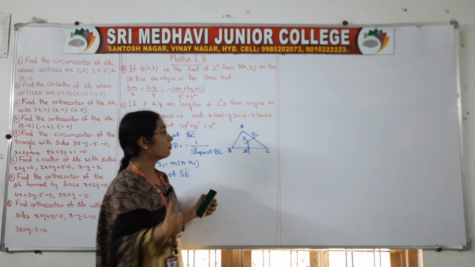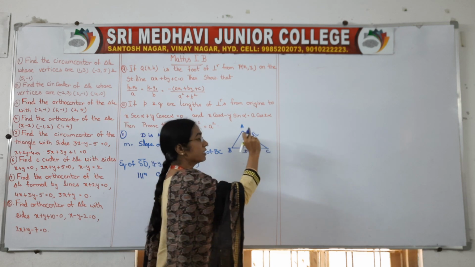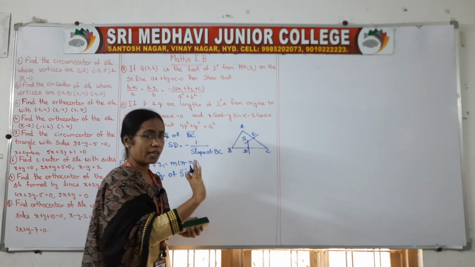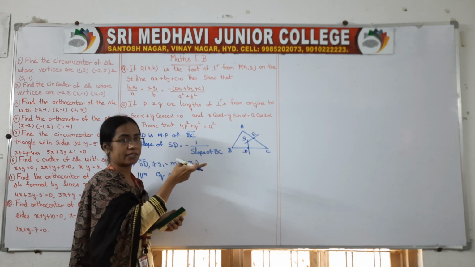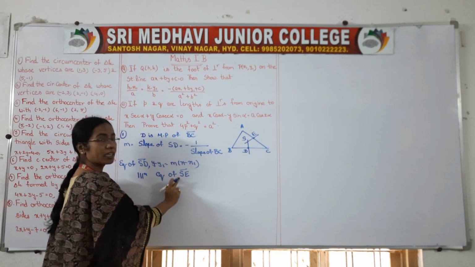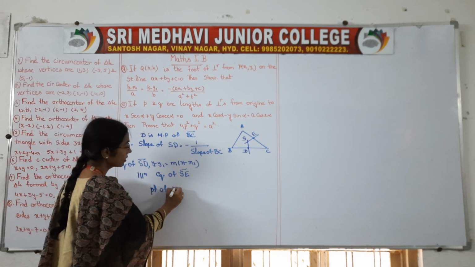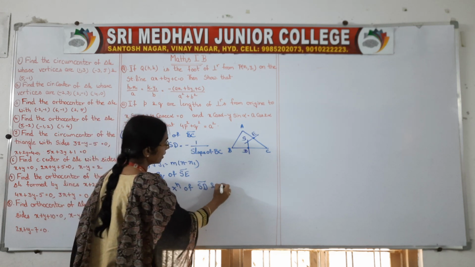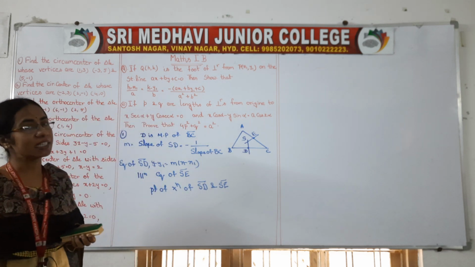Okay, so if E is the midpoint, then find out the slope of SE, which is equal to minus 1 by the slope of AC. Same procedure, right? Why? Because SE is perpendicular to AC. So similarly, you find out the equation of SE. Then the point of intersection of your SD and SE is called the circumcenter.